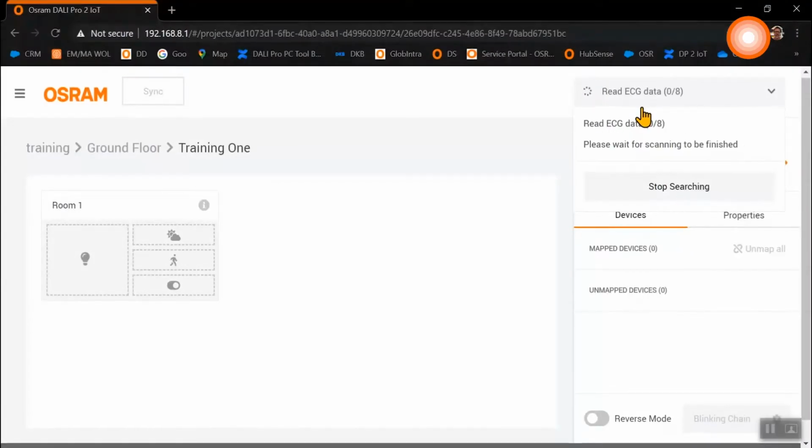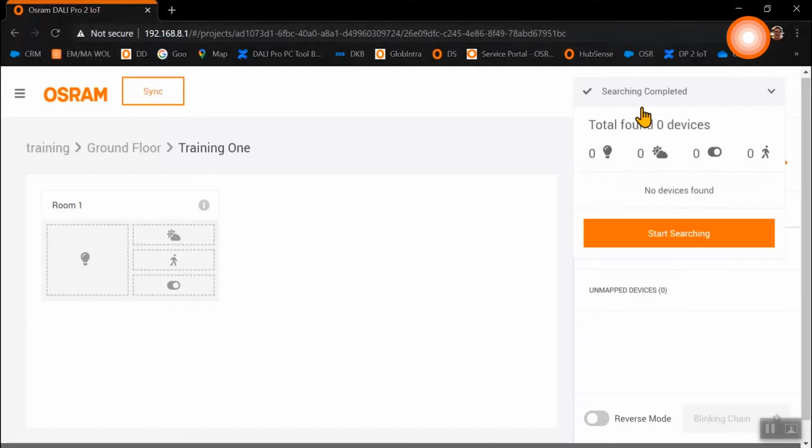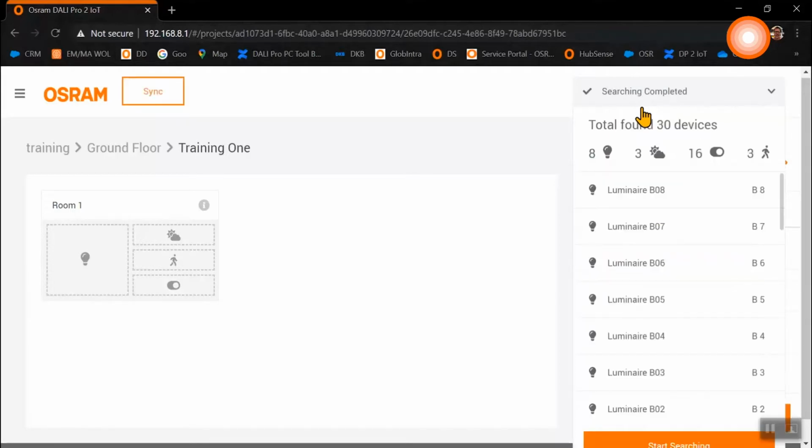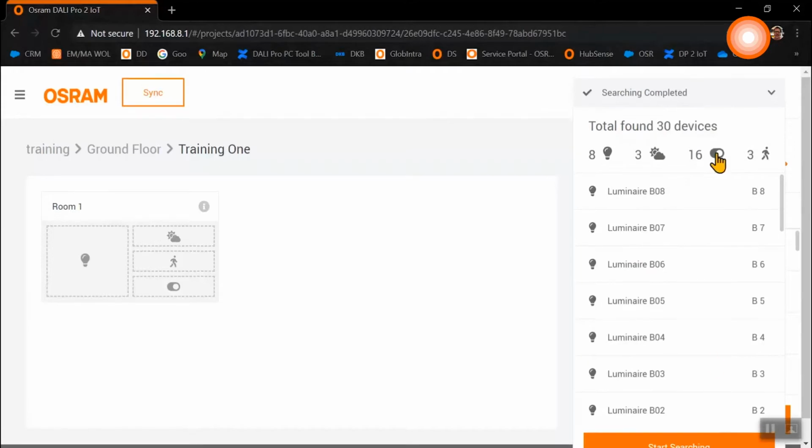Before we start the device search, all devices need to be connected to our two DALI channels A and B. During the search process, all devices connected to the DALI 1 and DALI 2 channel are checked. If not all devices are available, you should check your installation and start the search process again.